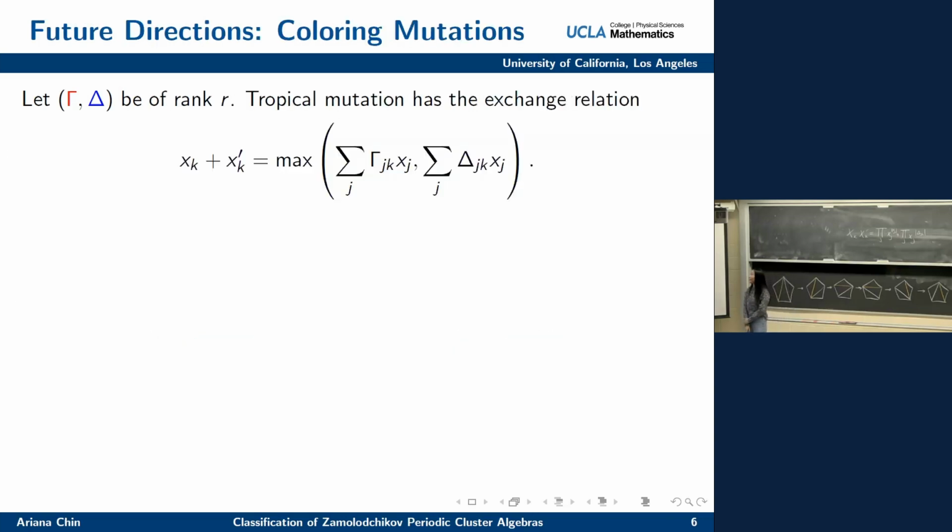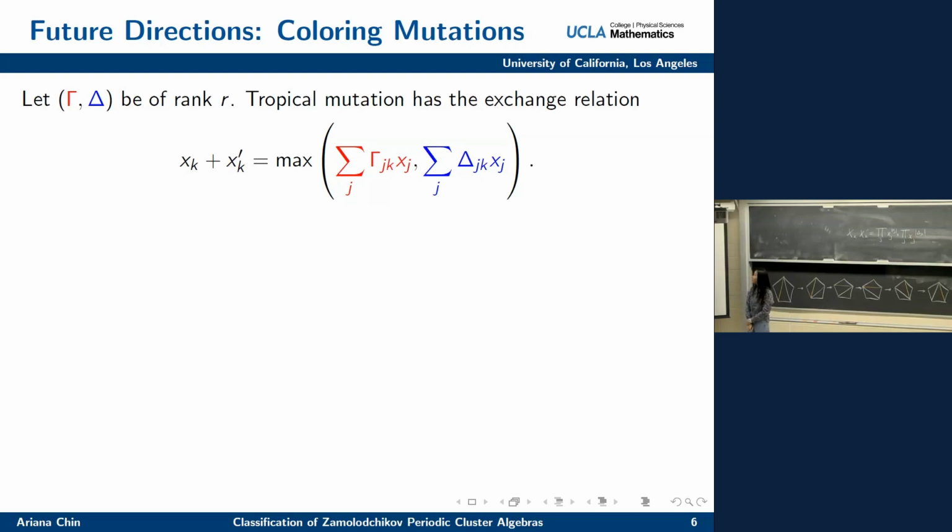So for my last slide, I wanted to talk a little bit about something I'm thinking about currently. We can tropicalize our system. And that just means I take product and turn it into addition. I take addition and I turn it into max. And depending on the evaluation of this max function, I can color the mutation either red or blue. So we can color it red if the gamma component was dominant, or we could color it blue if the delta component was dominant. And if we look at one full period in the T system and color everything, we